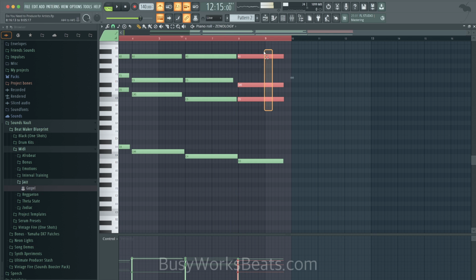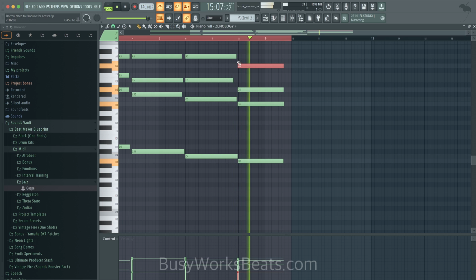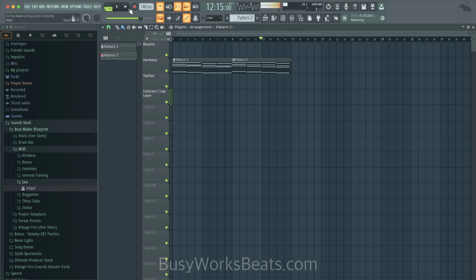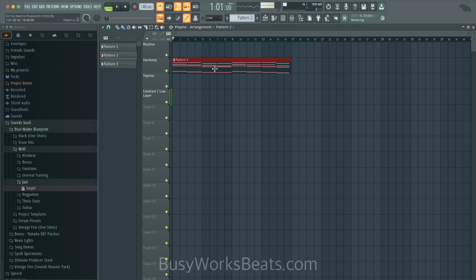So right here, I want to change this chord out. Let's do B diminished or B. Let's see what kind of chord we want. I like that chord. This is really G first inversion, G major. Okay, so now that we have all these notes mapped out, let's hit Control G to group these patterns together.